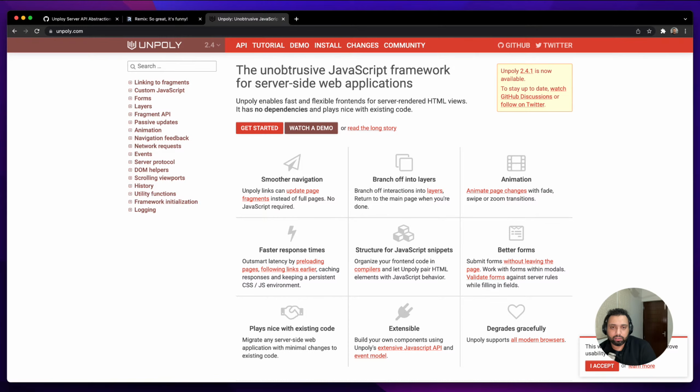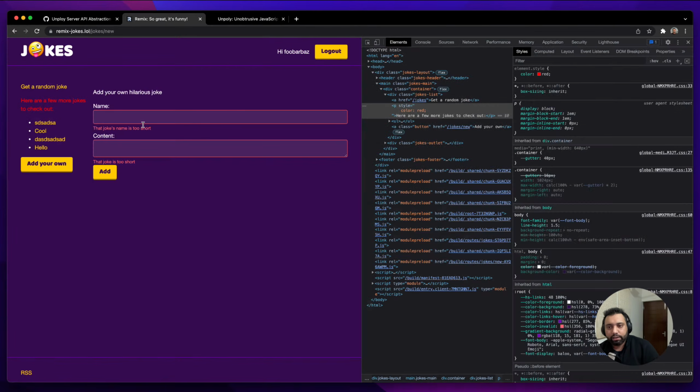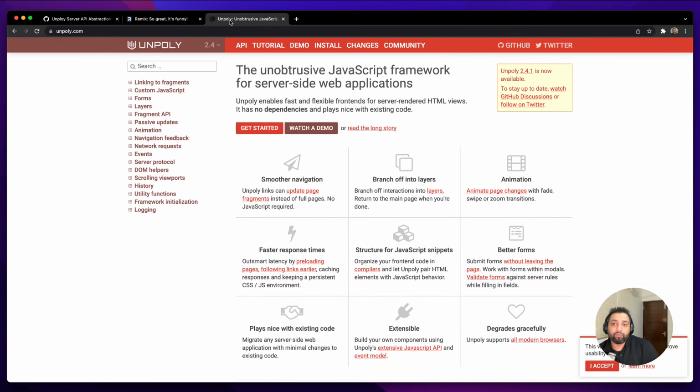But let me just talk about the idea that they are using to enhance these server rendered applications. That's also one of the main differences between the front end frameworks and something like Hotwire and Unpoly. Front end frameworks make you think about your application in this reactive way from day one. Whereas with Unpoly, you can build a simple server rendered application and then incrementally you can improve it. So now what exactly they do is